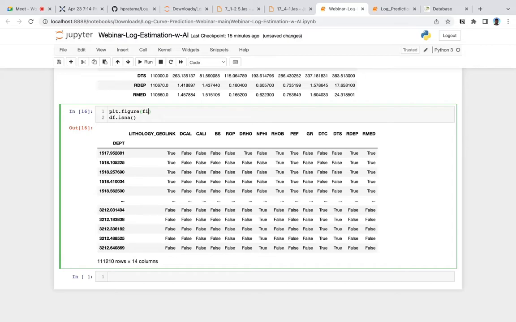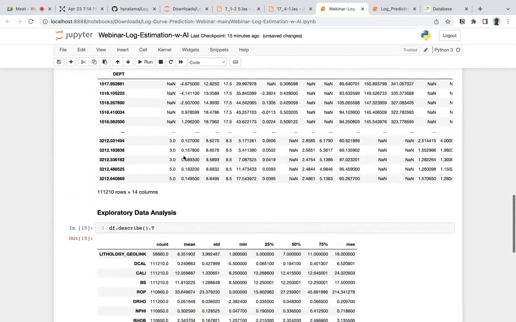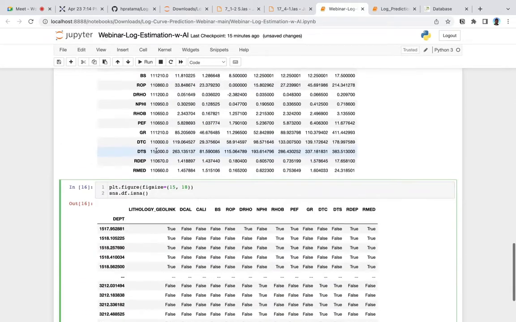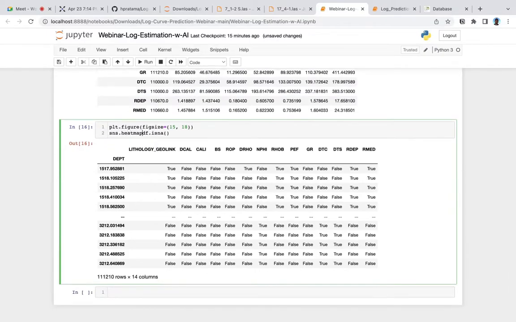Figure size is to resize the plot, and then we can use sns, or Seaborn, in here. Seaborn heatmap, cmap is for the color, we want to see it in blues.